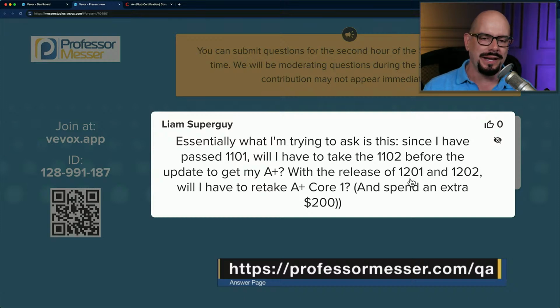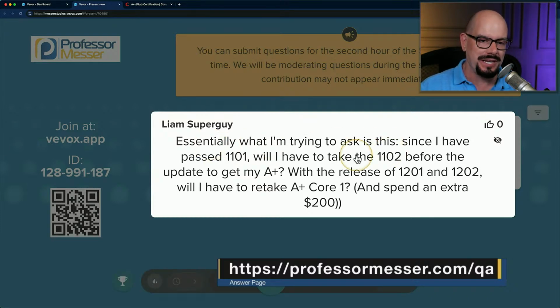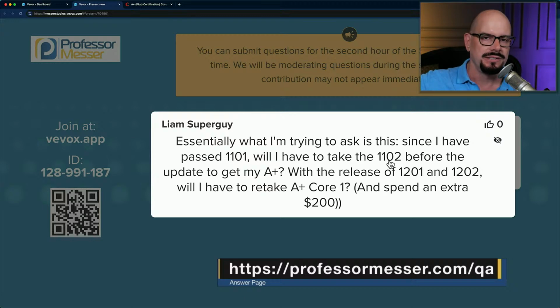So that's why it is important that you take from the same editions, but make sure that you keep in mind that the 1102 and the 1101 are still able to take until the end of this year, till the fourth calendar quarter of this year, we'll say. So the October, November, I don't think December timeframe, it probably won't go that far, but maybe September, October, November. Somewhere in there, I'm guessing that's when the retirement will be. I might be wrong. We'll find out.